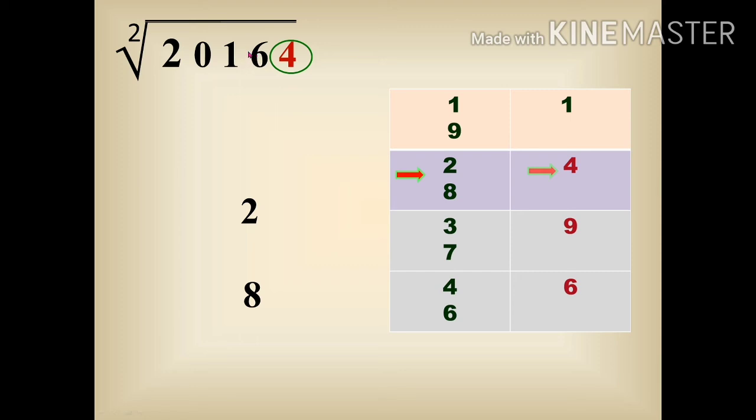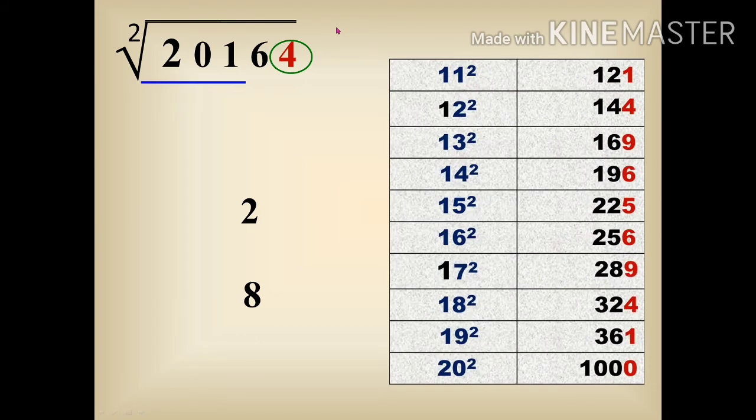Next we are going to skip the number up to tens place, that is up to 64. So next we are going to take note of the remaining number. The remaining number we have is 201. Next, we are supposed to know in which range the number 201 falls. For this, you should know the squares of the numbers greater than 10. It's not necessary to know the accurate value of those numbers. If you know the approximate value also, you can solve this problem.